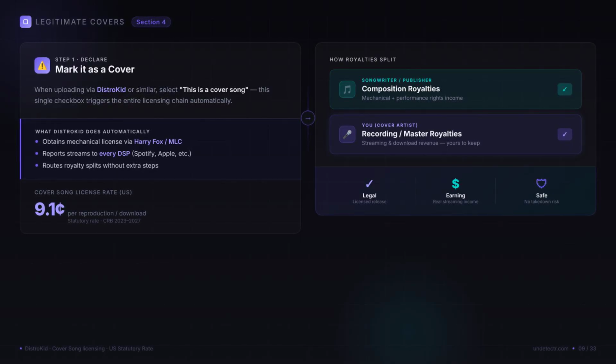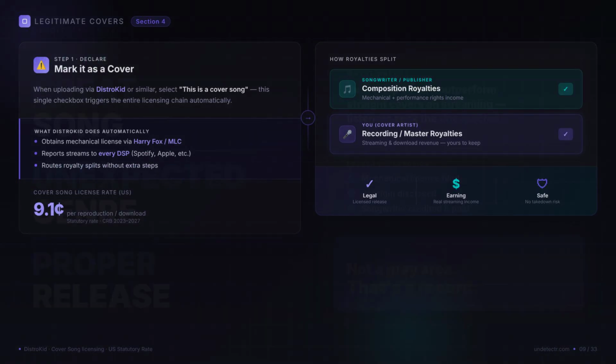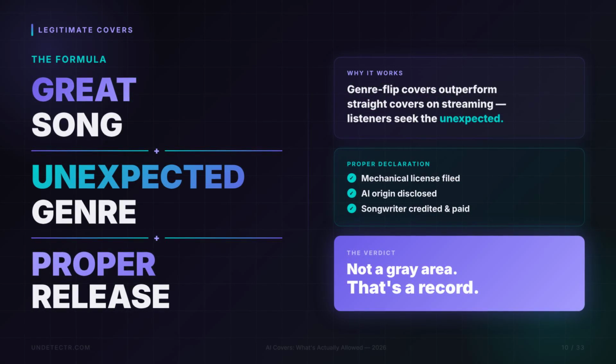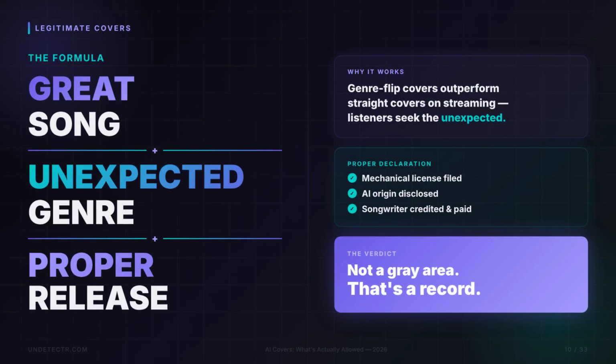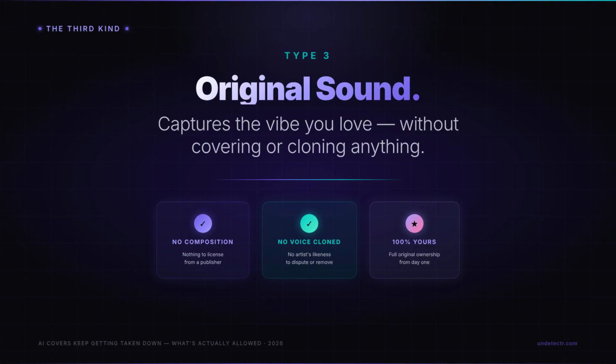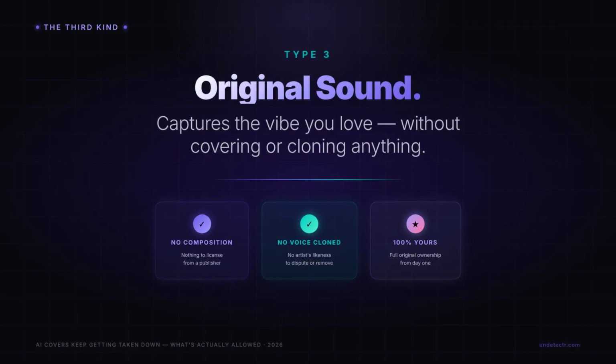The songwriter gets their composition royalties, and you keep the royalties on your recording. That's it. That's a real, earning, allowed release. An AI-made cover of a great song in a genre nobody expected, released properly? That's not a gray area. That's a record. And then there's the third kind, which is where we'll point you somewhere way smarter at the end. The original track that captures the sound you love, without covering or cloning anything.